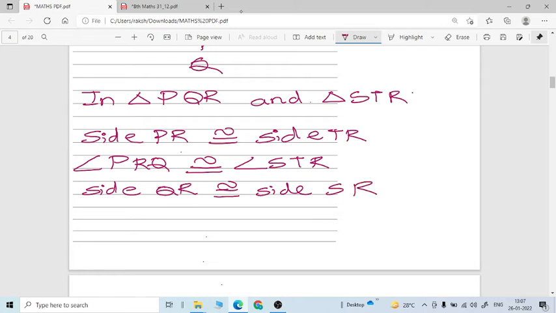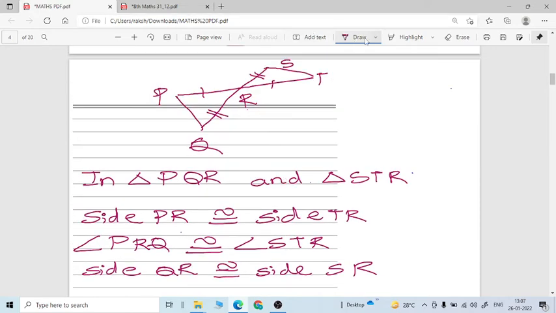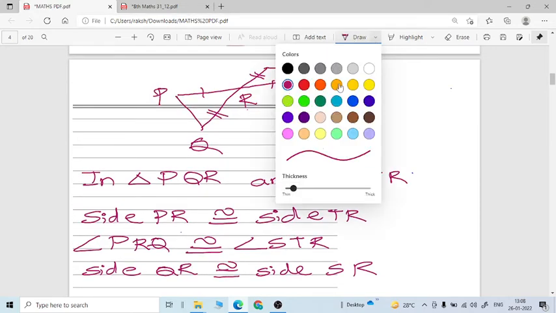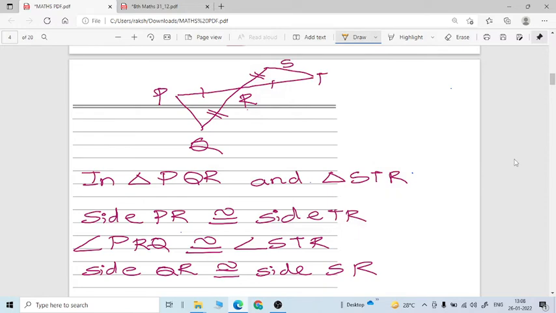Side SR. Okay, let me explain. Side PR is congruent to side TR, correct? We have already given a sign that this side is the same. Okay, that is one side. One more, angle